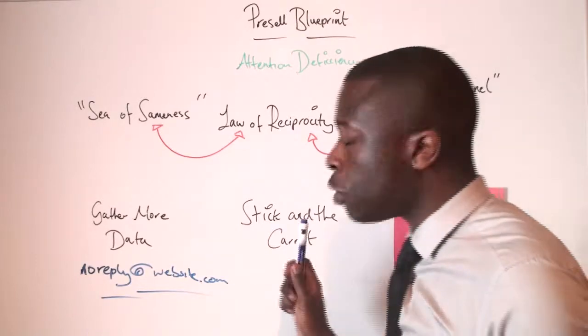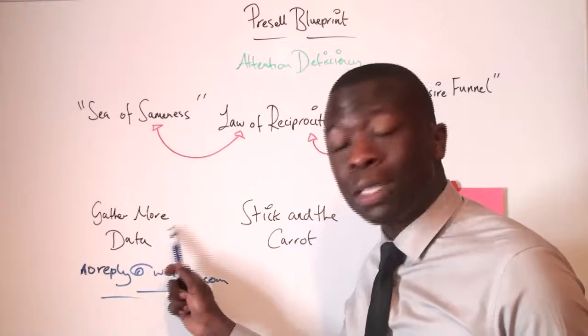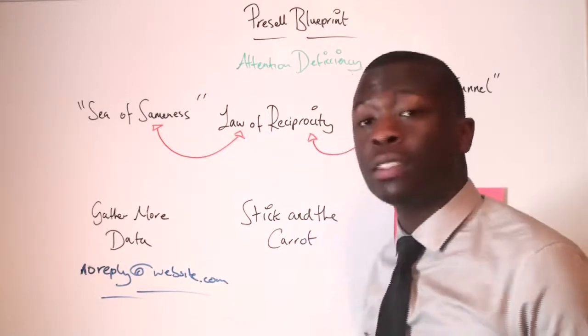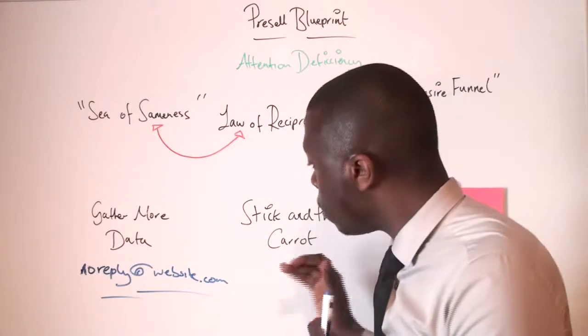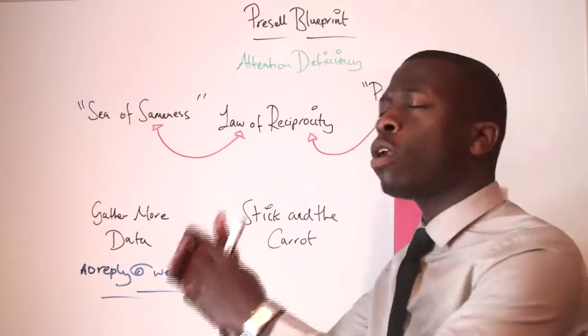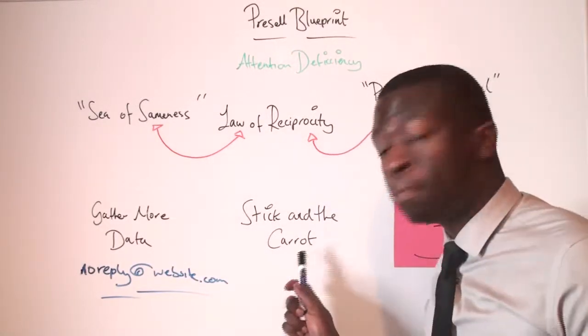So the stick and the carrot, basically that is problems. So make sure you get the problems from the data. And you're addressing, saying, look, if you want to move away from this particular problem, this particular pain, this product and this service is going to be perfect for you. So you've got to be able to address both people.